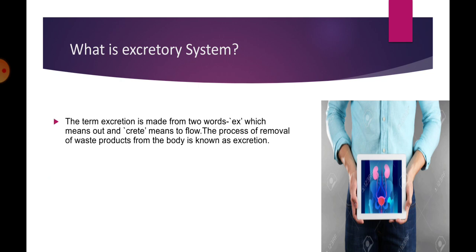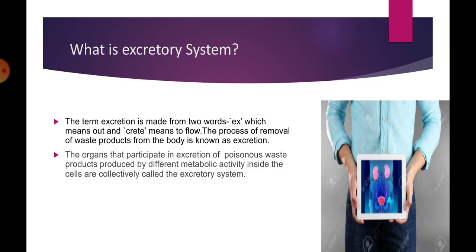The term excretion is made from two words, ex, which means out, and cret, which means to flow. So the process of removal of waste products from the body is known as excretion, and the organs that participate in the excretion process of poisonous waste products produced from different metabolic activities inside our cells are collectively called the